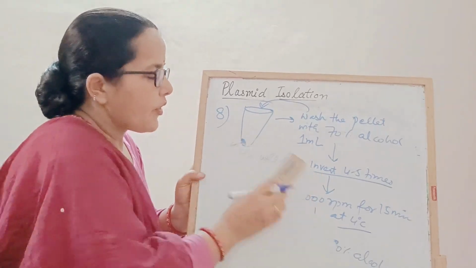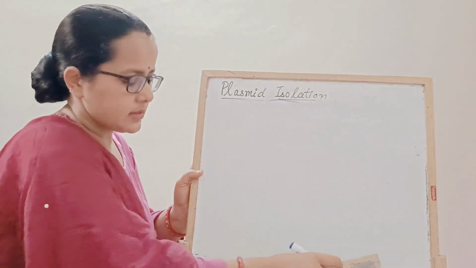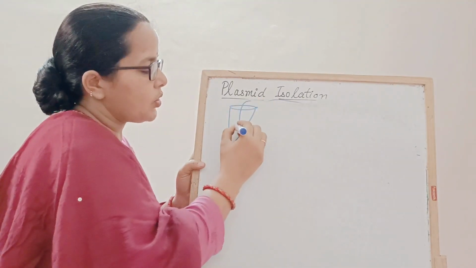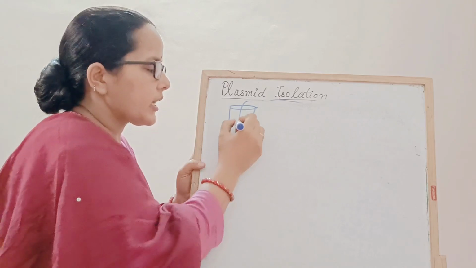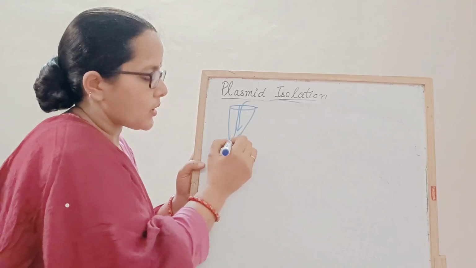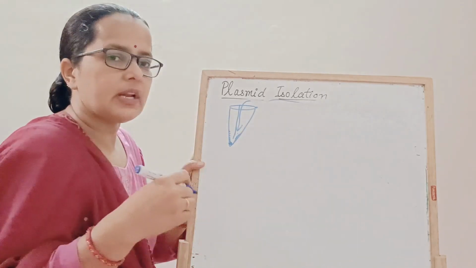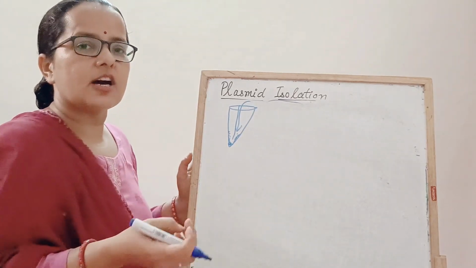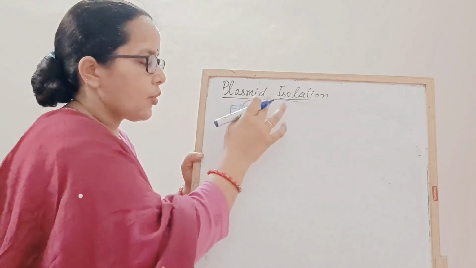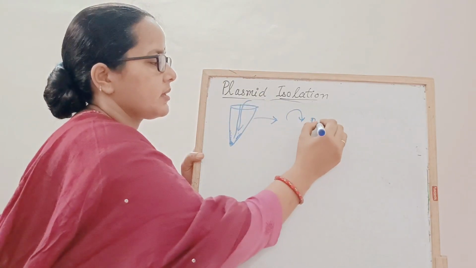When we are working with alcohol, the problem with alcohol is, suppose आपने इस एमसीटी से अल्कोहल को निकाल दिया, but as you are taking out the alcohol, sometimes some drops will come. It will stick to the walls, and this is your pellet. जब आपका alcohol wall पे रह जाता है, so it will inhibit your further PCRs or your downstream applications. So after removing the complete 70% alcohol, you just give a brief spin.